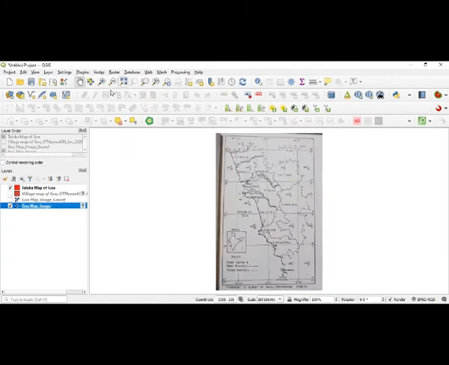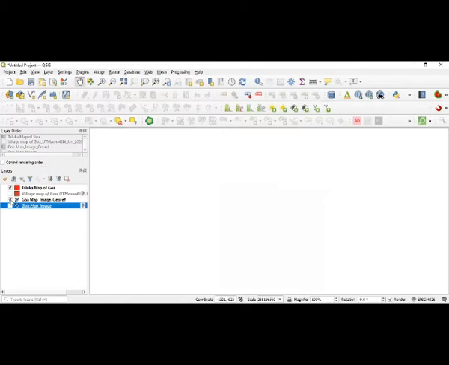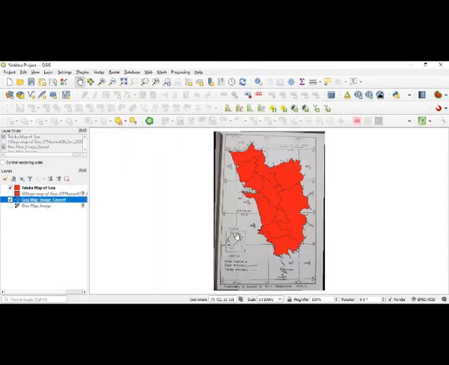So that means if you want any of the vector maps to be prepared and get proper measurements and all, there is a need to have the georeferenced map. So when I go for this georeferenced map, you can see that again the georeferenced map with the vector map, that is the Goa outline, is available. This is the way that vector data and raster data can be arranged.